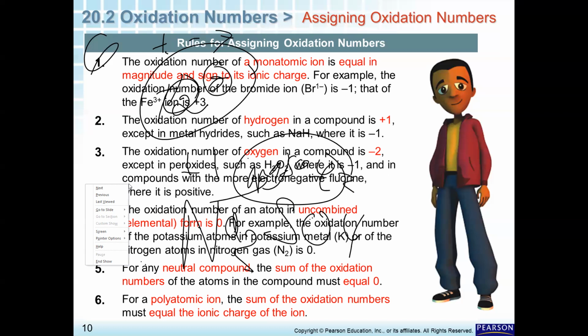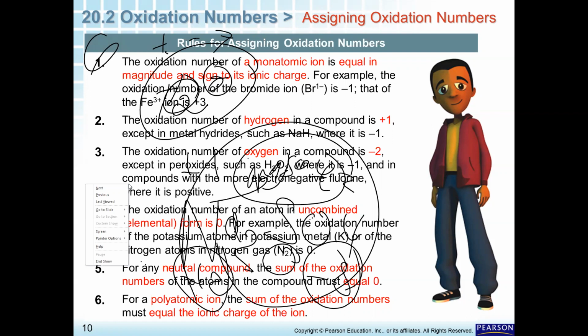I have 4 atoms of oxygen, so that is -8. The sum of the oxidation numbers: we said that when we have a neutral compound the sum has to be 0, so I have to add the oxidation numbers. For oxygen it is -8 total, and for sodium it is +2, because we have two. So +2 and -8, what is the sum? -6. If the whole compound has to be 0, then sulfur has to be